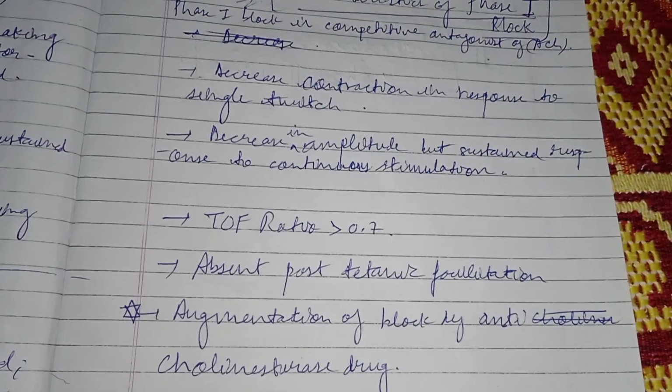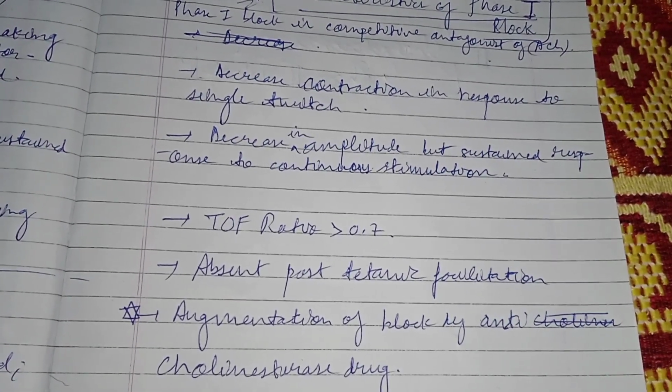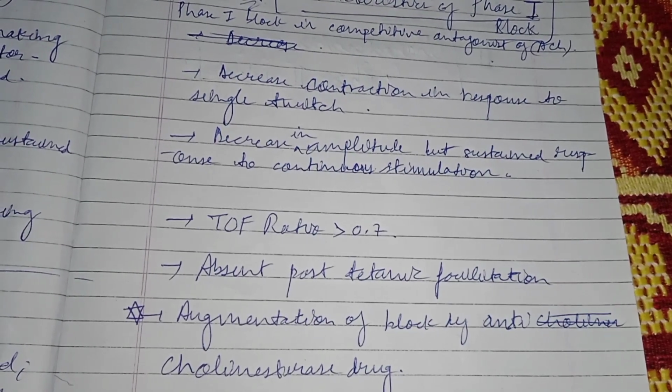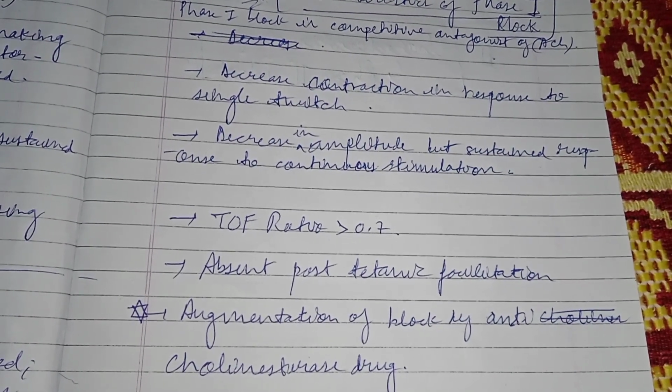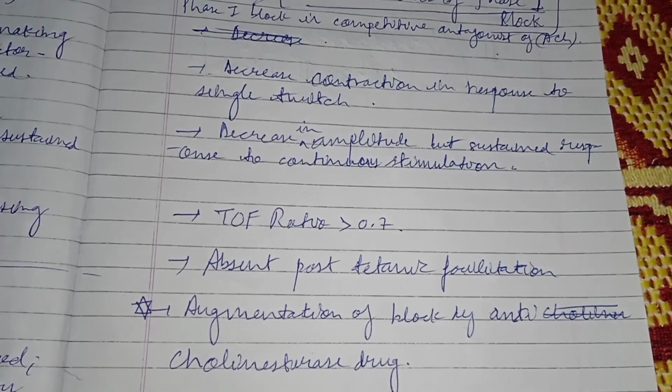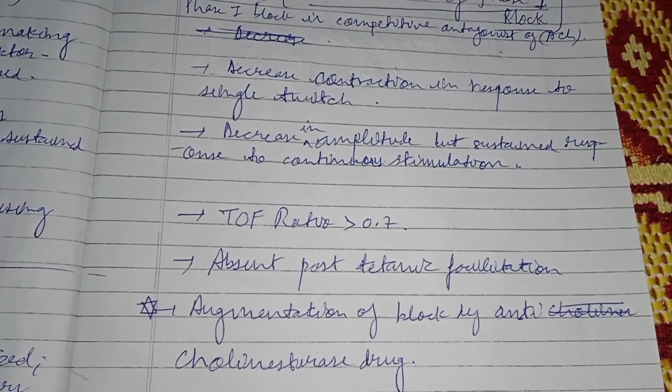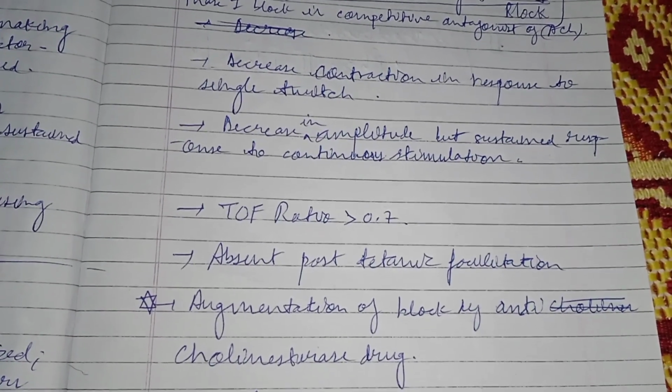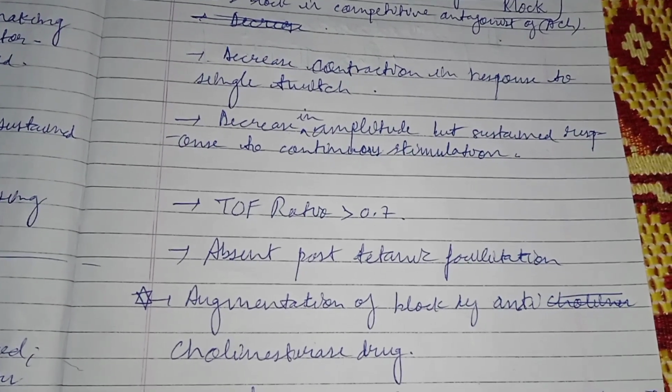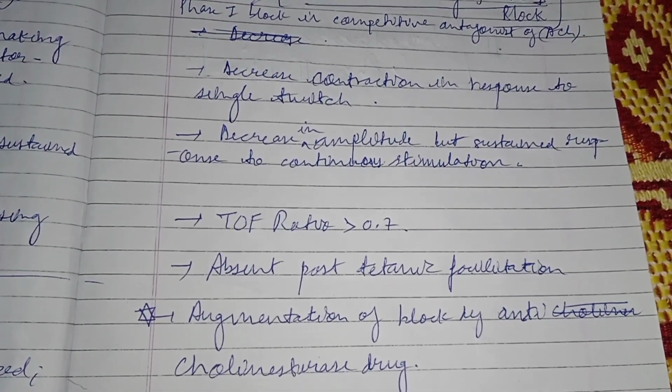Marked a star over here, that augmentation of block by anticholinesterase drug. So what does this point mean actually, and why have I marked a star over here? Because this is the most important point from the exam point of view, and the meaning of this point is